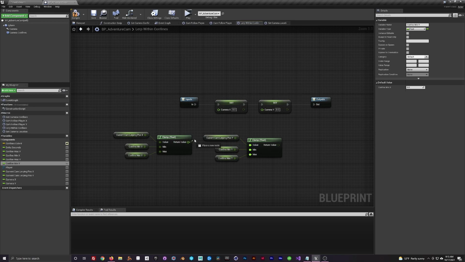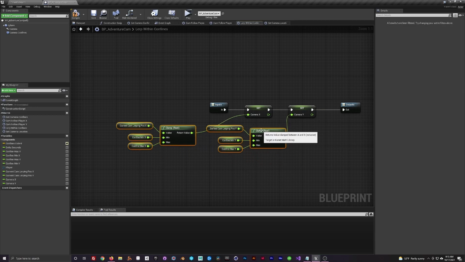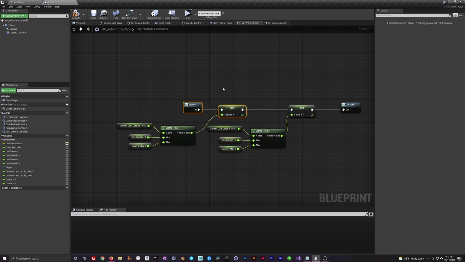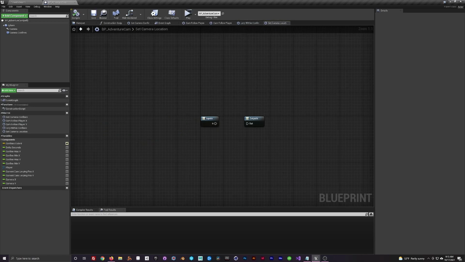And then hook them up to the set floats. And that's really all this function is going to do. So after compiling and saving, we can move over to the last macro, which is going to be the set